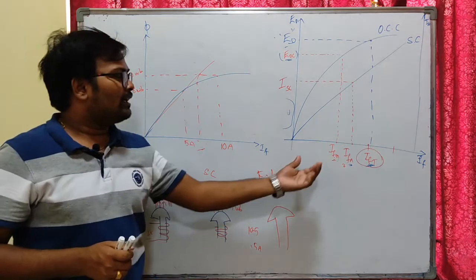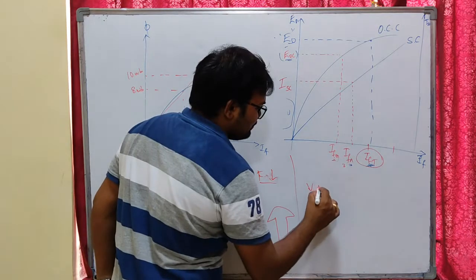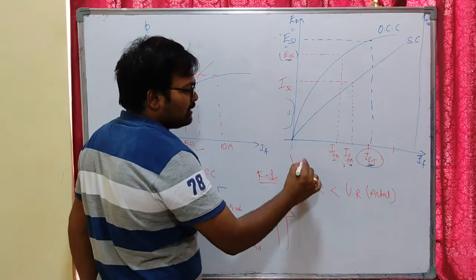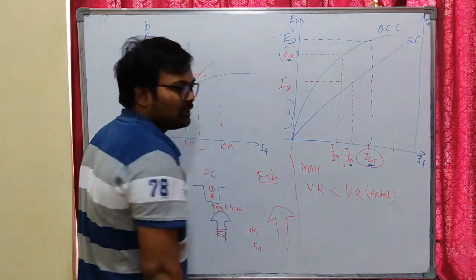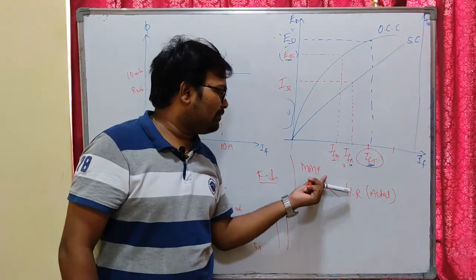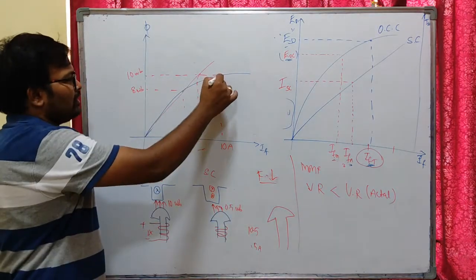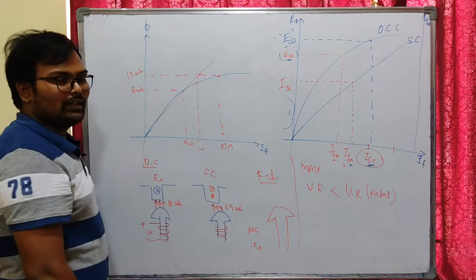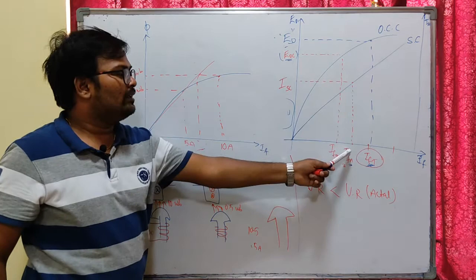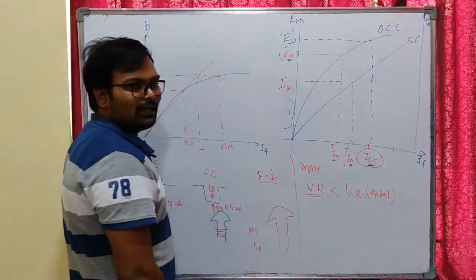That's why we are not getting the actual value. We are getting the voltage regulation in the MMF method less than the actual voltage regulation value, but in the EMF method we are getting voltage regulation greater than the actual value. In the MMF method we are getting the voltage regulation less than the actual value because we are not considering saturation. Okay, here for saturation you will be needing more field current in practical machines. That is not being considered here. It is a linear one, so you will be calculating for less field current. That's why it is having less value than the actual voltage regulation.